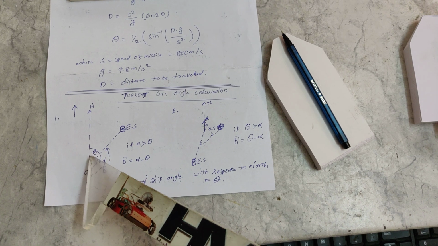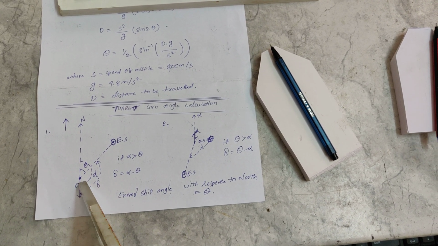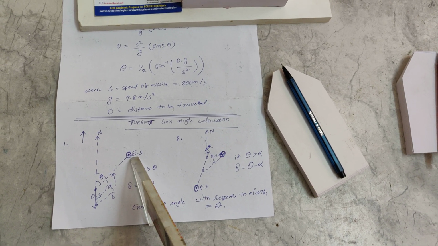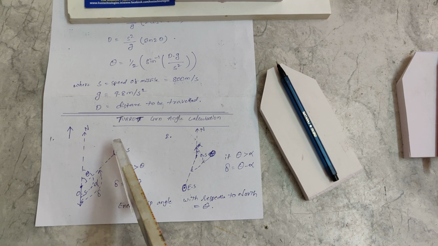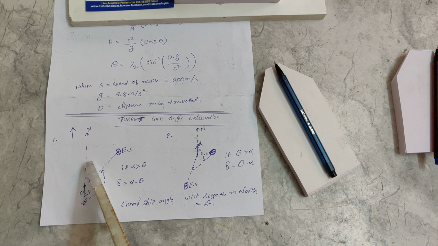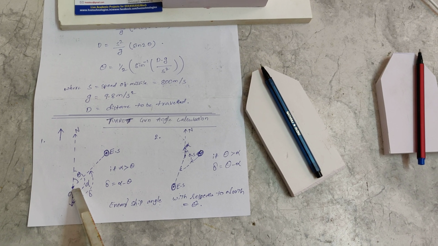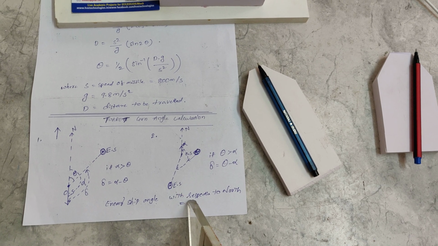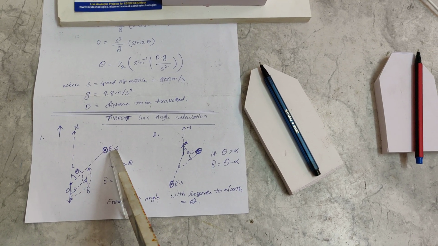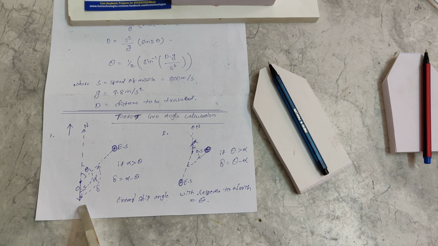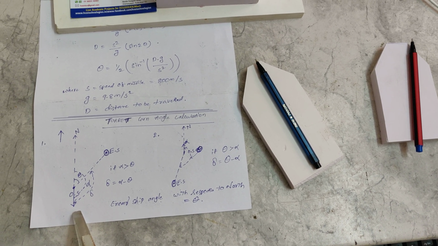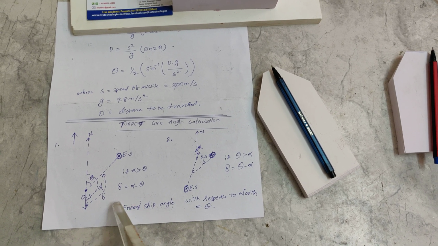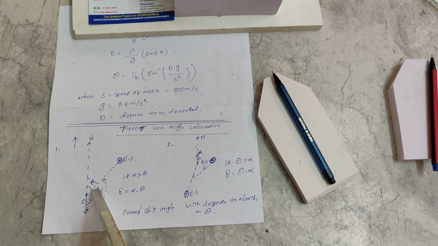With respect to north, this is our ship, so we are placed here, and the enemy ship is the circled one. The enemy ship's direction is not required now, but the enemy ship's angle with respect to north from our ship is. Here the enemy ship is at theta angle with respect to north. Our ship is towards the south side, that is 180 degrees. So alpha is my angle and theta is the enemy angle.